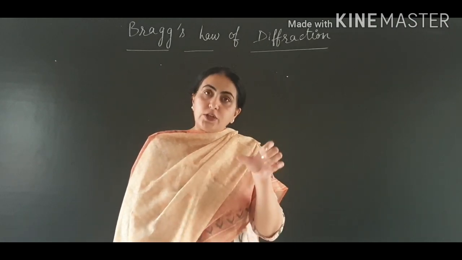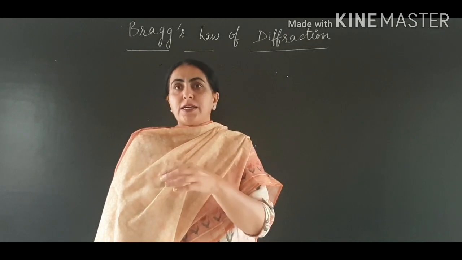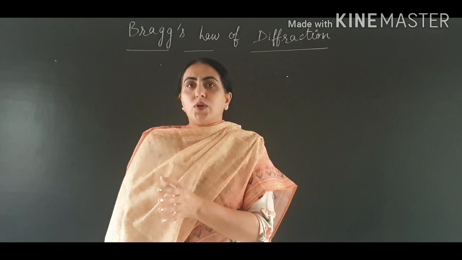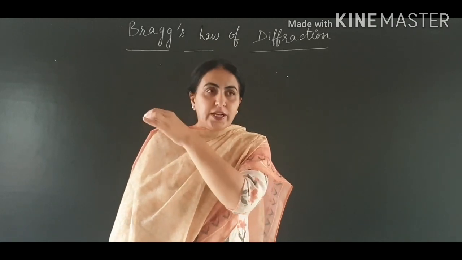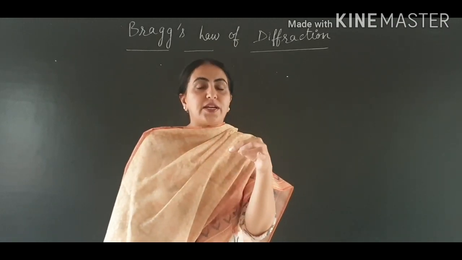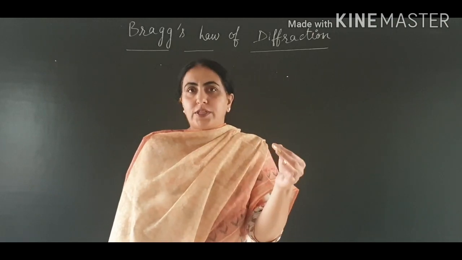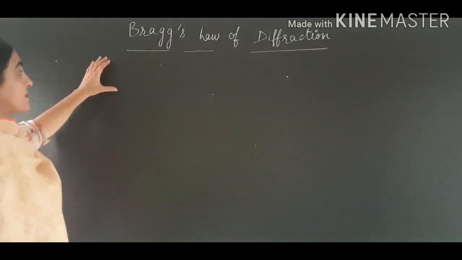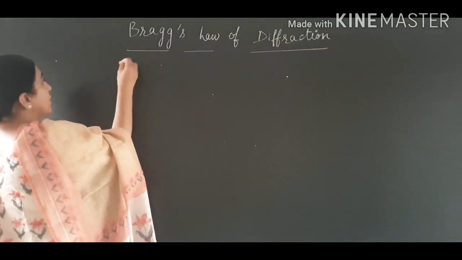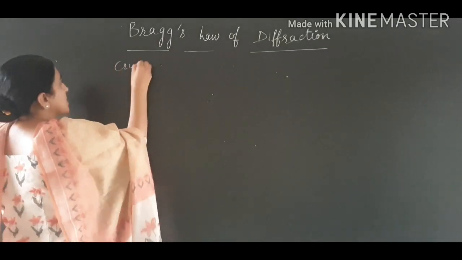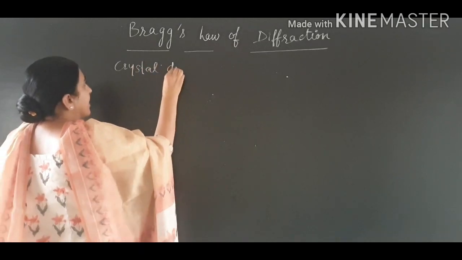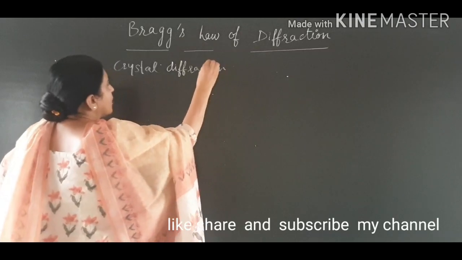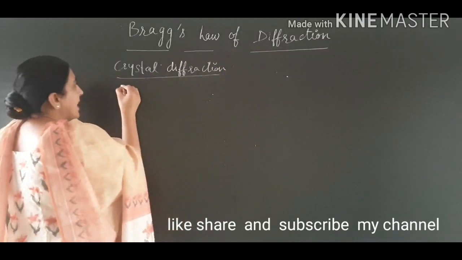And for diffraction to occur, the size of the obstacle must be approximately equal to the wavelength of the radiation that is incident. So for crystal diffraction, we use X-rays. Why do we use X-rays? Because X-rays